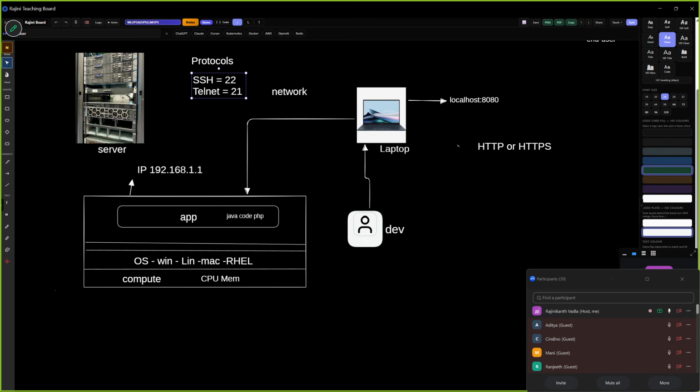Any organization, anywhere, anyone you ask, they will connect like this, from laptop to server. Okay, I have moved my code here. I have deployed the Java code here. And now it is accessible through HTTPS on the web, like www.abc.com.